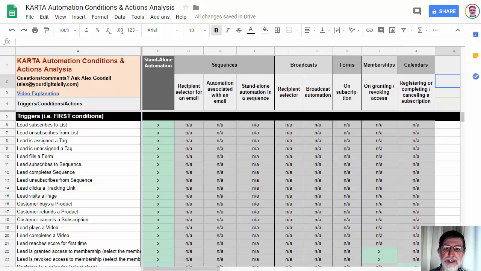I've developed this as an aid to help me when I'm developing a more comprehensive tool for managing Kartra assets within Google Sheets. And one of the major components of Kartra, as you will know, is the automations, and I wanted to consolidate the management of automations. So I needed to understand all the different conditions and actions in the automations and the different places that those